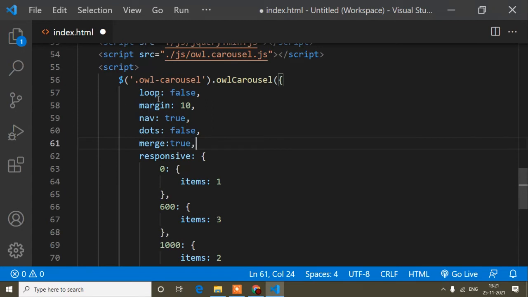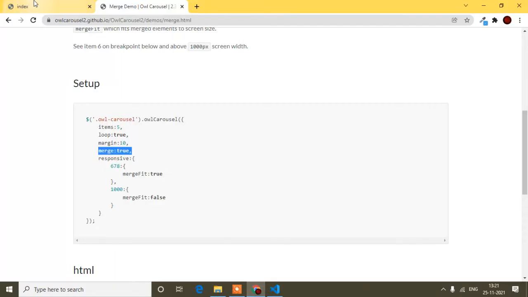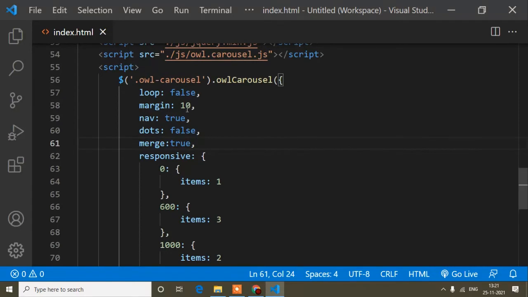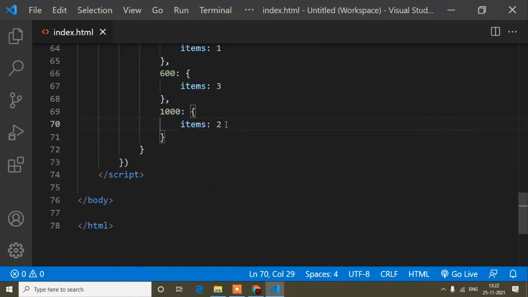If I click here, it's not showing because I don't have any images. When you have images, you can understand. If I write 5 items, it's still not showing because I don't have any images.